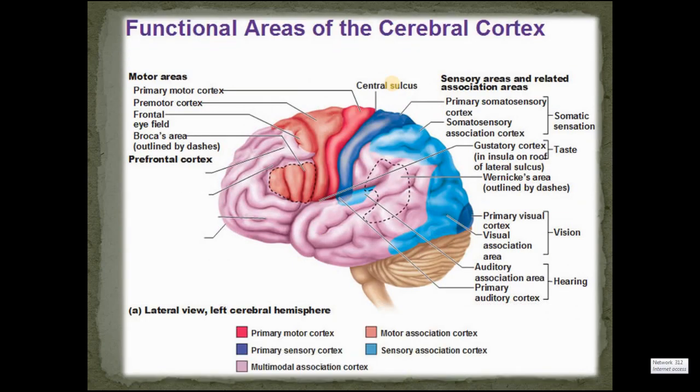Okay, this is the best picture in which you can see the functional areas in the cerebral cortex. You can see Broca's area, number 44, which is associated with speech, and Wernicke's area, number 22, which is associated with comprehension of speech, and also the visual and the auditory cortex. Again, I repeat, the frontal lobe is associated mainly with motor control, parietal with sensory, occipital for vision and the temporal lobe for the hearing function.